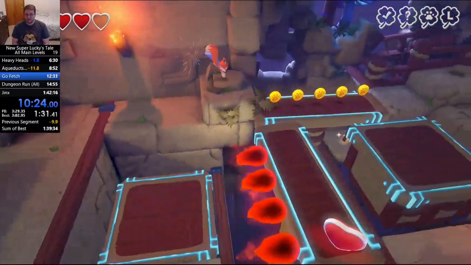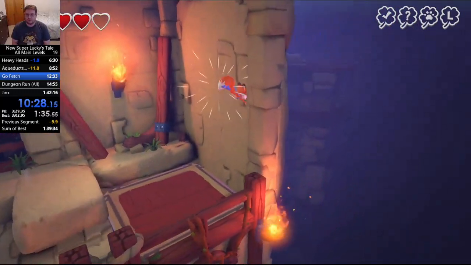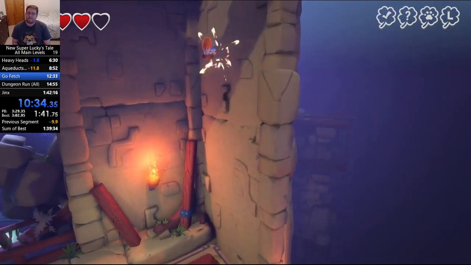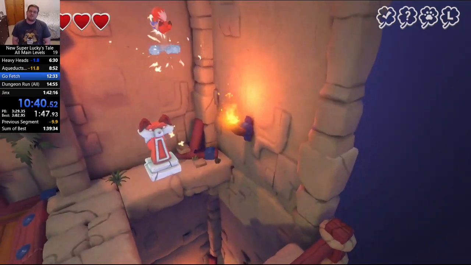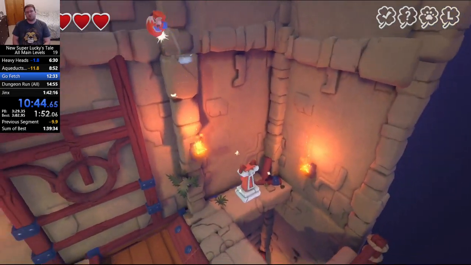Because who actually needs somebody to help? So right here, this is our bonk hopping wall. This wall can be very fidgety. I got lucky. So right here, we're going to be bonk hopping up this wall and over to the left-hand side